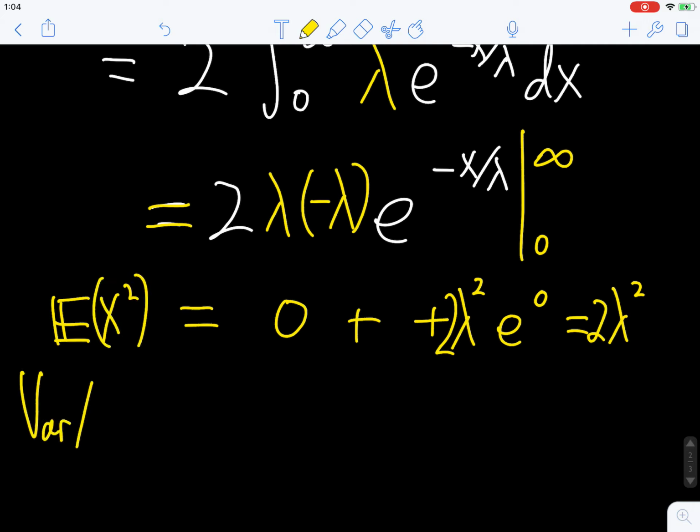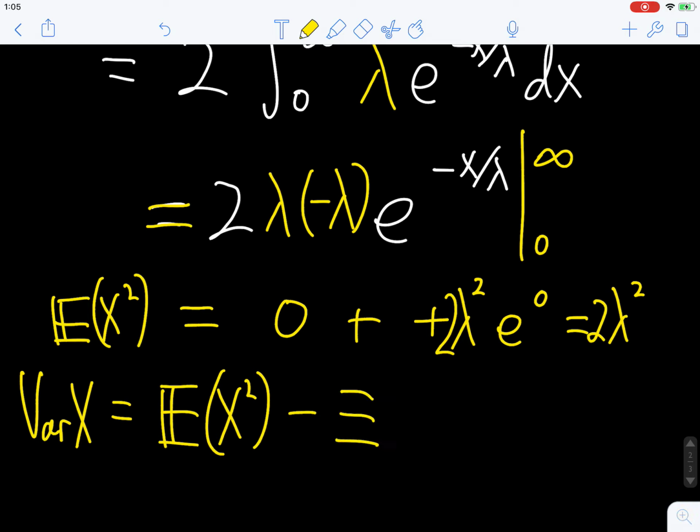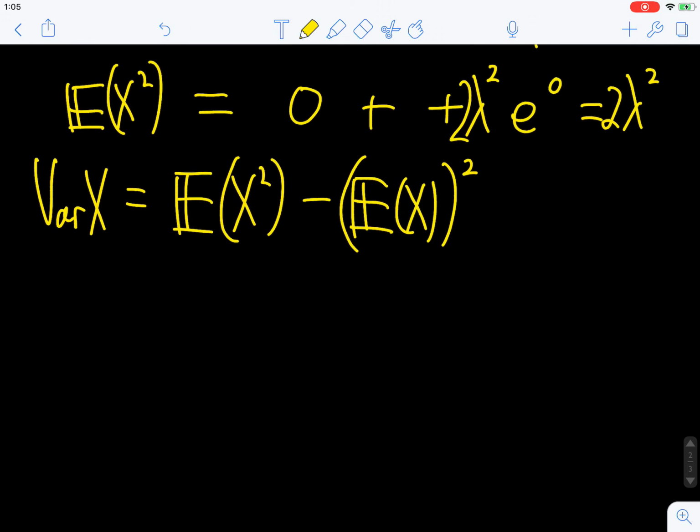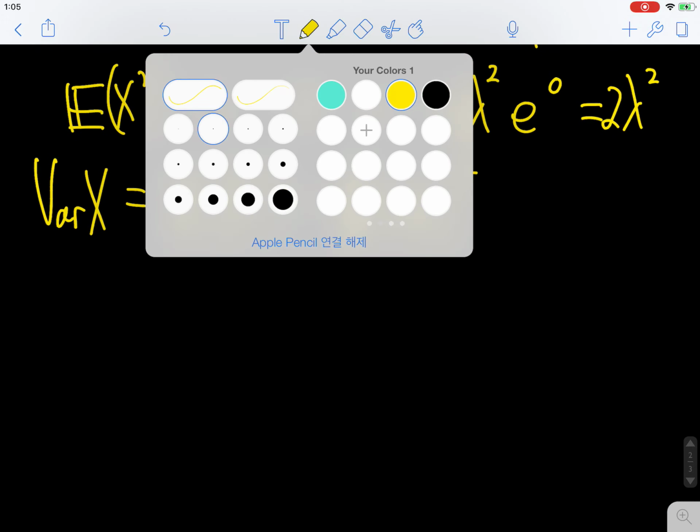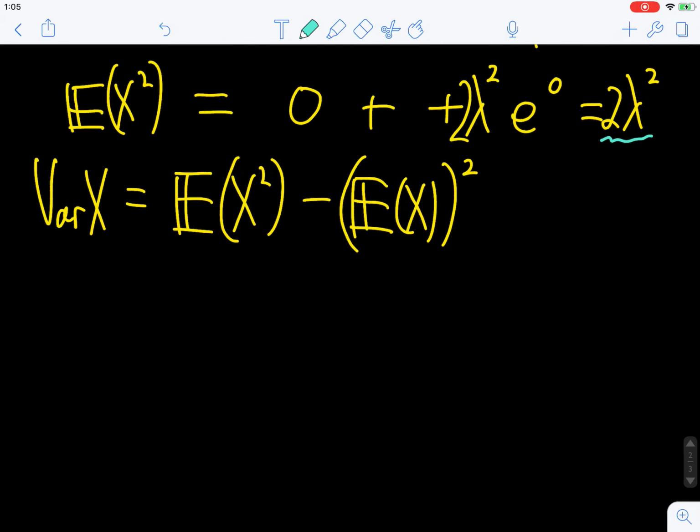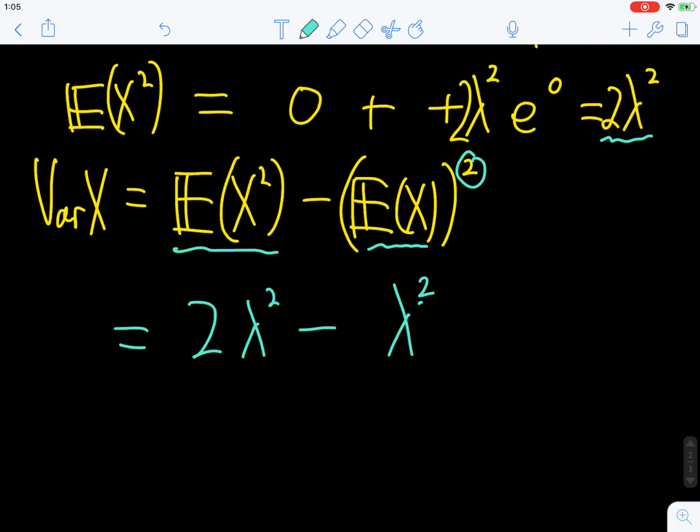And remember that variance is equal to the second moment, the expectation of x squared, which is what we just found, minus the expectation of x, squared. So we have 2 lambda squared for this guy, minus, remember, the expectation of x we found was lambda, and it's being squared, so I squared it. And therefore, this is just lambda squared. This is the variance. So variance is lambda squared, expectation is